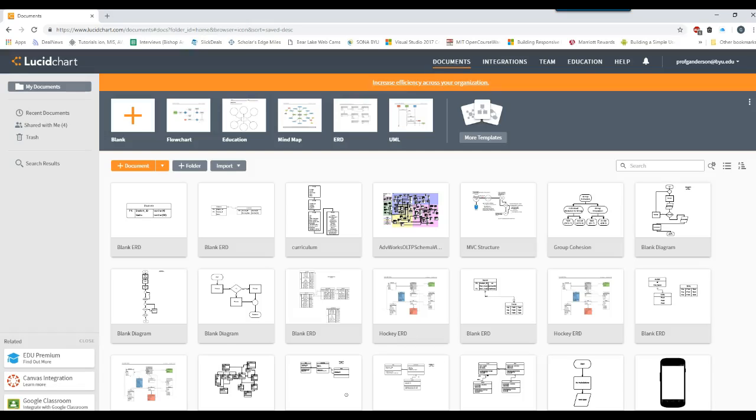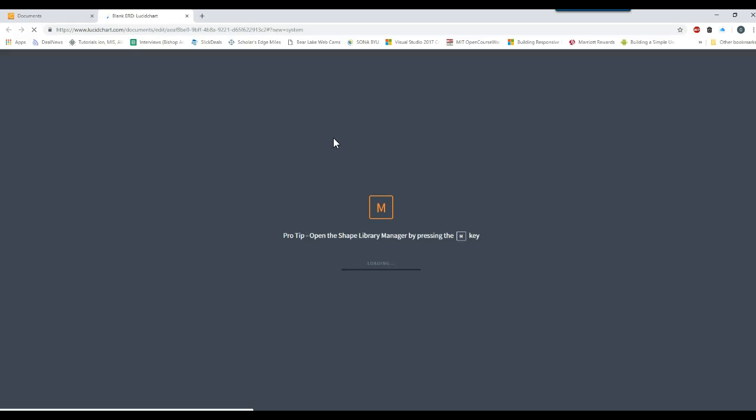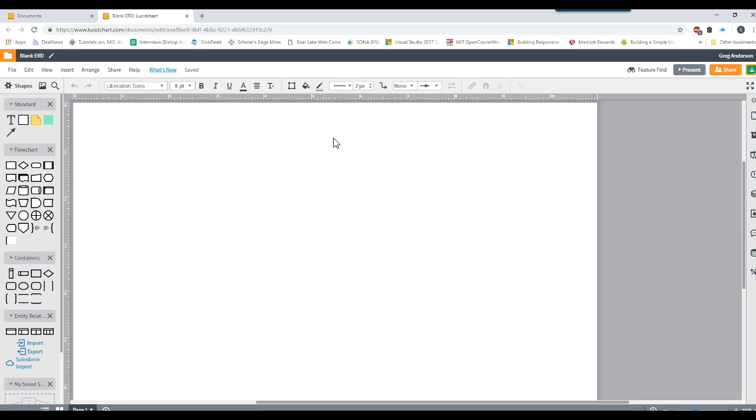Let's learn how to use Lucidchart to create an entity relationship diagram, or what we call an ERD. So when you go to lucidchart.com, you'll sign in using whatever account you have, and then we're going to look for either ERD right here or a blank ERD down in your template area. I'll just click on this one, choose ERD, and then we can choose a blank ERD. And Lucidchart will open up a brand new web page for us that we can use to make a database